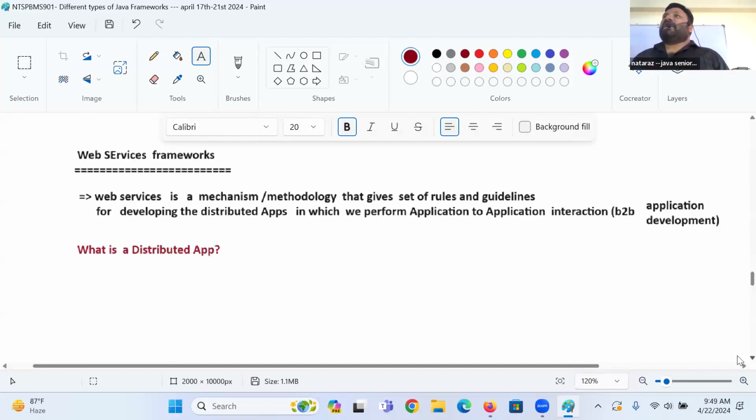And for worldwide COVID information, they created one more distributed application, and using that, a lot of websites and mobile applications have come showing the world statistics of the COVID information. Like this, the world is full of distributed applications. Server applications are already developed, and we have different client applications. If needed, you can develop more and more client applications. I hope you got it, guys. Super. Okay, now tell me here.